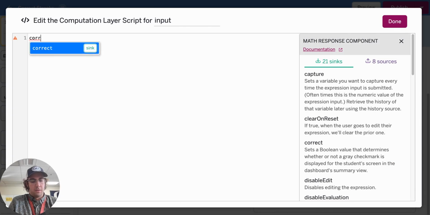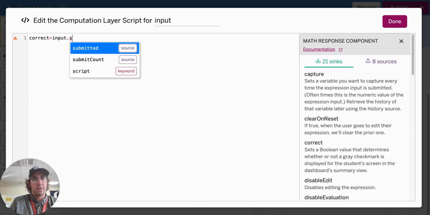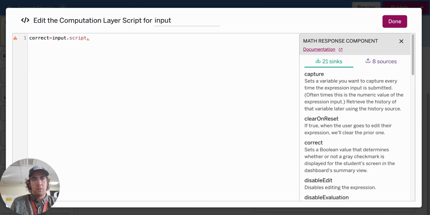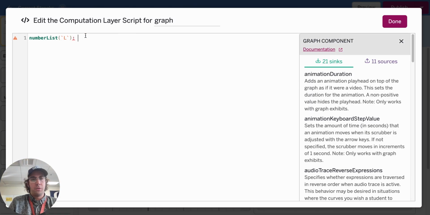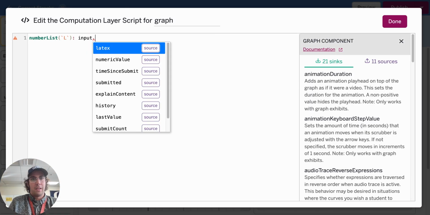So I'm going to define a new variable, but it's going to go to the input script, and it's going to be, oh, sorry, not input. Oh my gosh, input is this. It'll go to the prompt script, and it will be the number correct. So now I can just do a few things in here. So now I can tell this number list to go to input history,